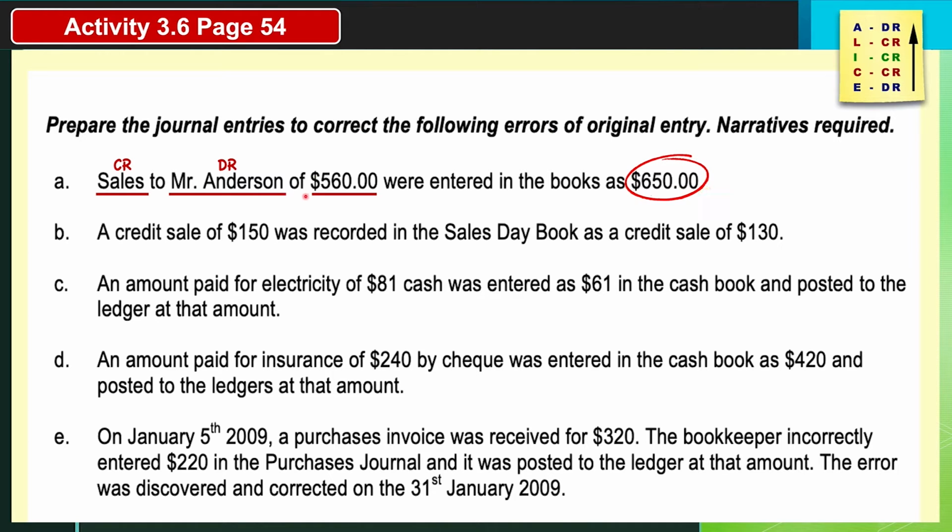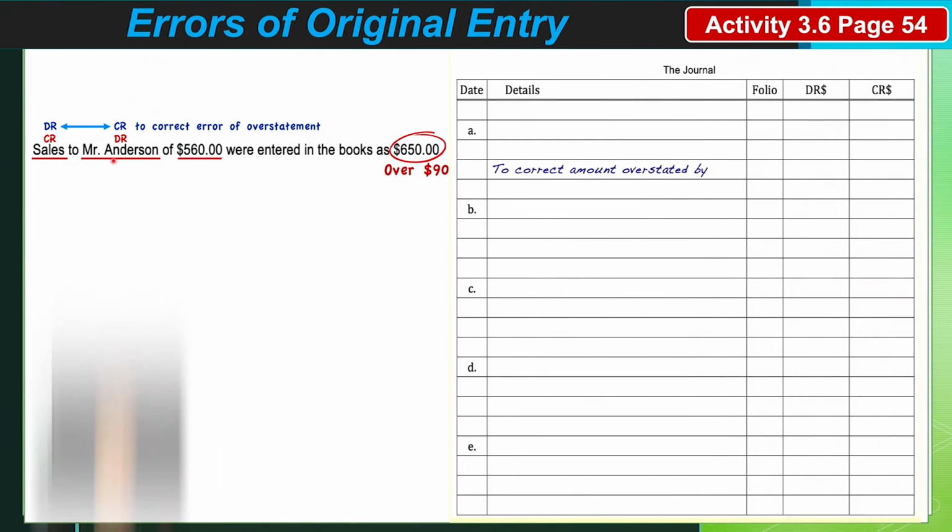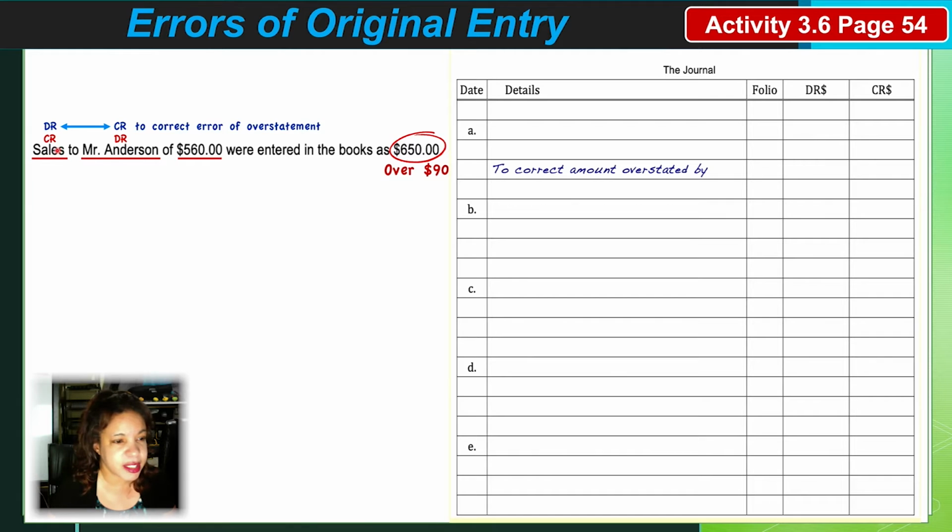You compare it and it is more. More by how much? $90. Once it is more, remember what we do? Do we put it on the same side? No. We're going to have to put it on the opposite sides because we need to subtract or take out that extra $90. Once again, in accounts, to take out an amount, you go to the opposite side of the entry. So going to your journal, that means because sales is a credit, you're going to debit sales,